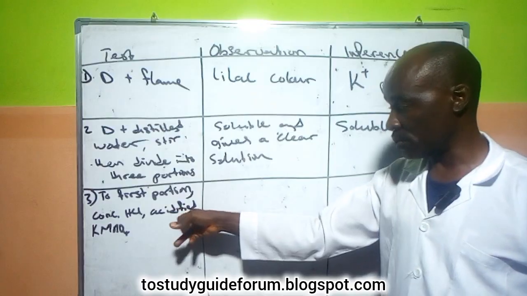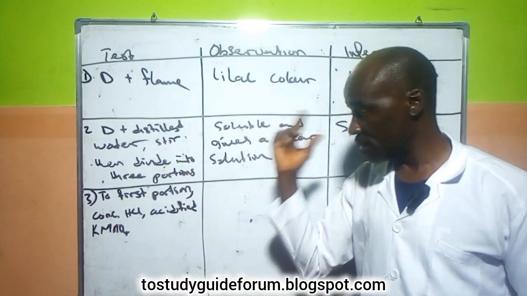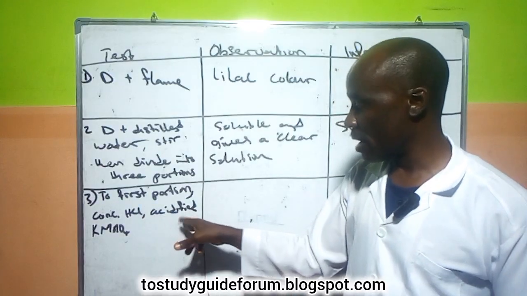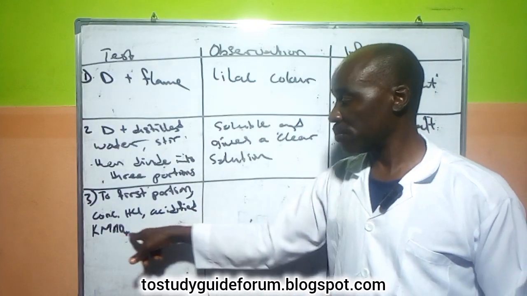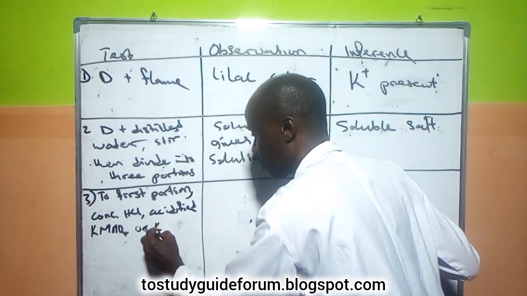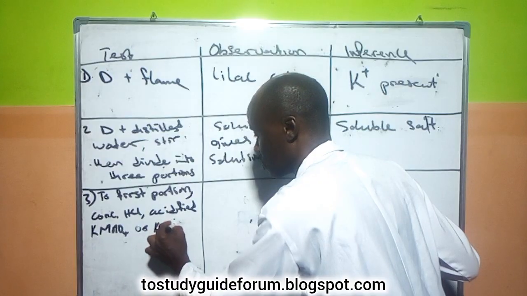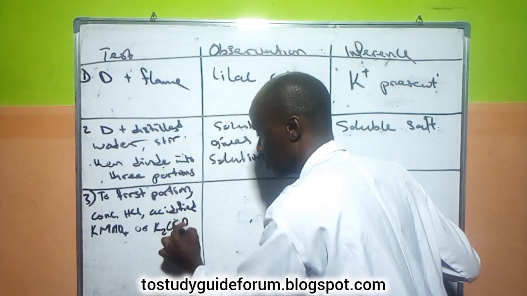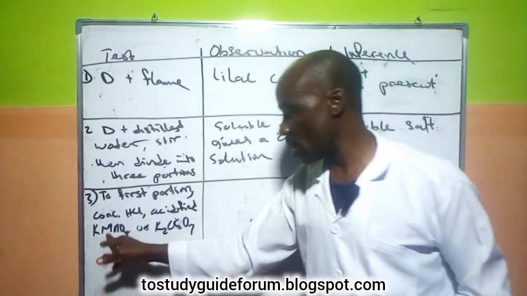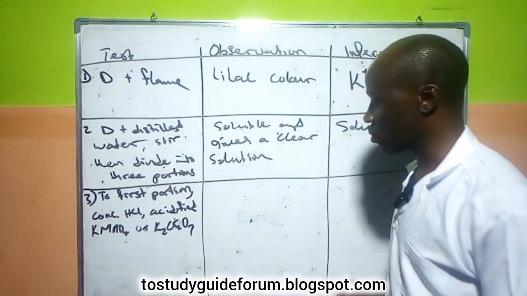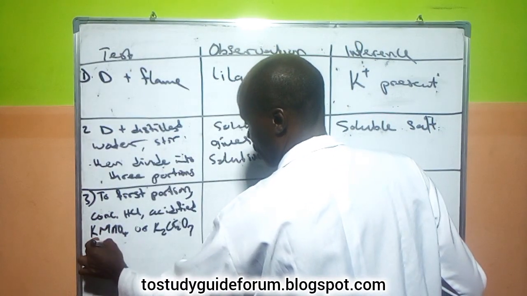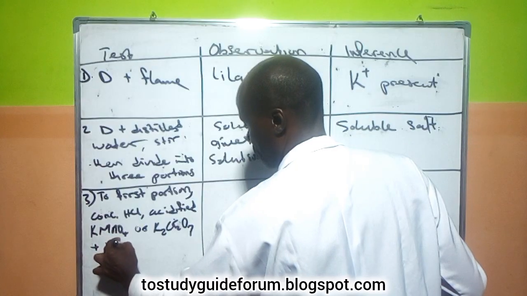But what I did in the lab is to add it in. I know that you can bubble it. As the gas is coming out, you bubble it into acidified potassium permanganate. Or you can also use potassium dichromate. Any of them can do this. Now look at the major difference here. You also test the gas with what? Litmus paper. That's something I want to point out here. When you test with litmus paper,